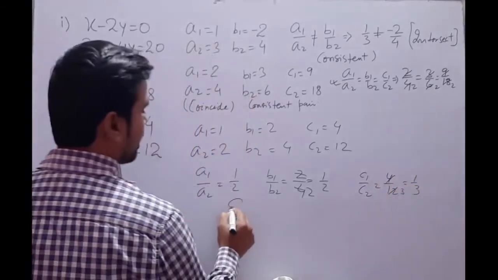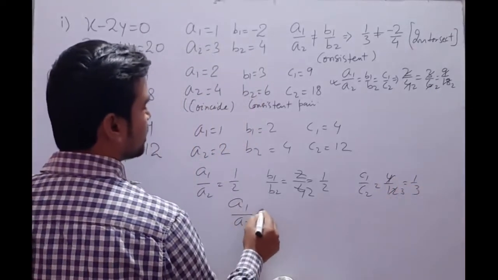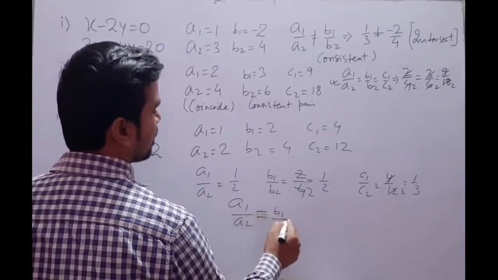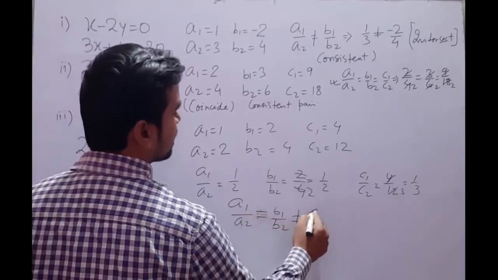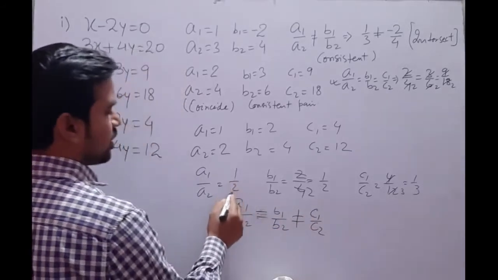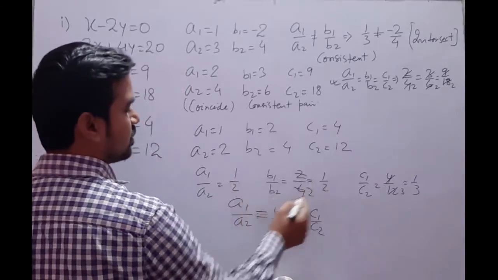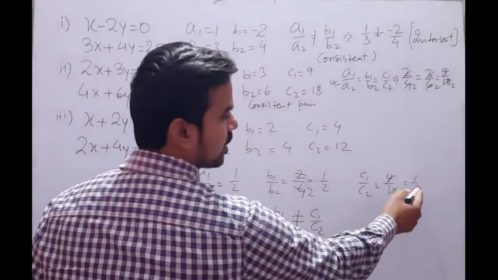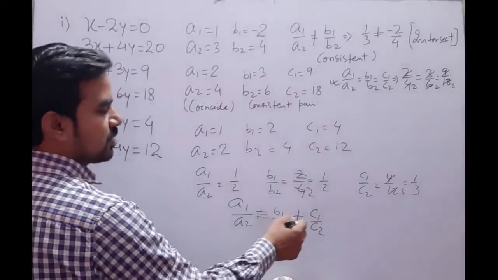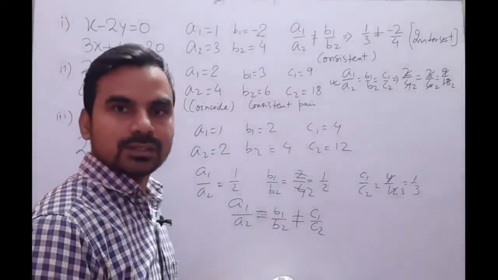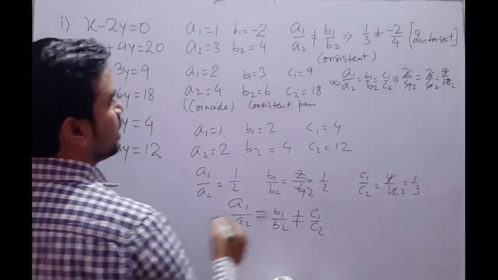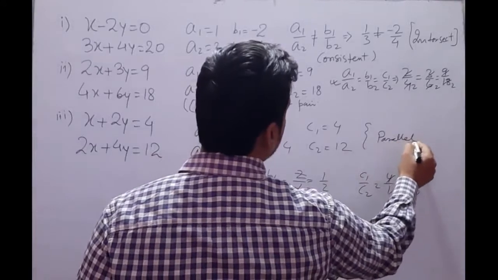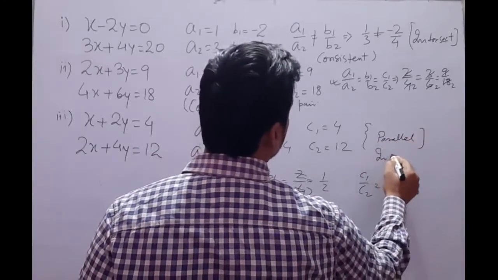So here a1 by a2 is equal to b1 by b2, but not equal to c1 by c2. a1 by a2 is 1 by 2, b1 by b2 is 1 by 2, and c1 by c2 is 1 by 3. So b1 by b2 is not equal to c1 by c2. In that case, this pair of lines will be parallel to each other, and it will be called an inconsistent